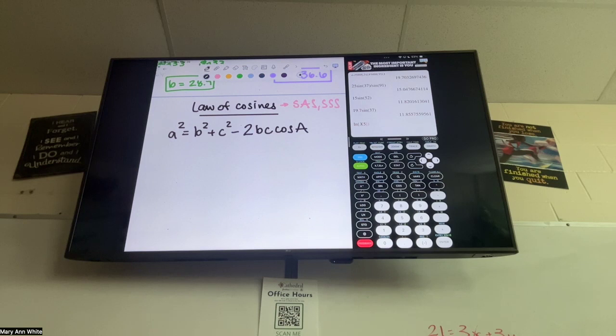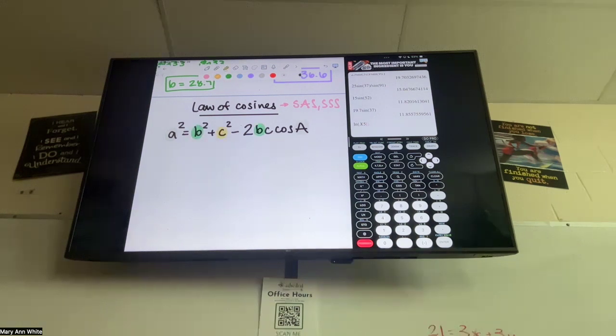That's it. It's a lot. You're already like, oh, I don't know if I like this, okay? The side that's across from the angle given, or the angle we want, is going to be that A. So the side and the angle that are across from each other are going to be at the bookends of the problem. The other two sides, it doesn't matter what order they're in, they're your B and your